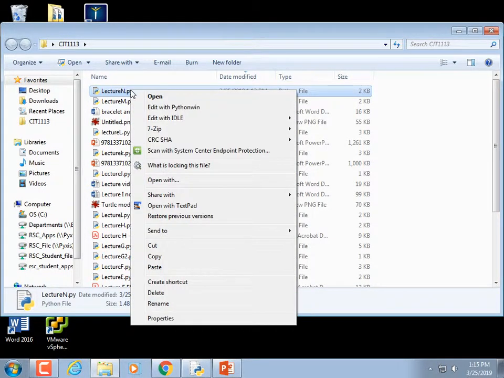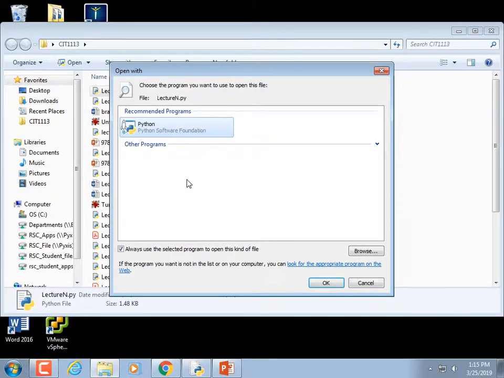You can open the file that way, but you can also right click on it and do open with. And it could be that edit with idle is just listed right there. But if you wanted to do it by default, when you double click on it, you do open with, and you choose which program. Right now, it's set to open with Python, meaning it's just going to run it.